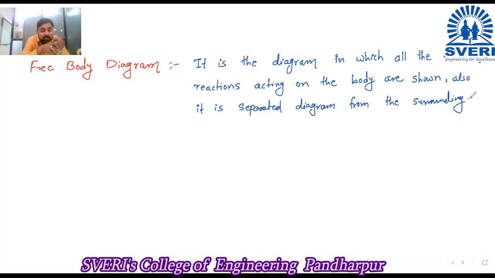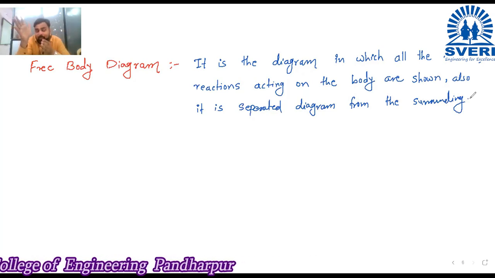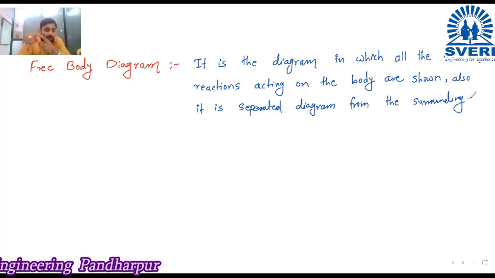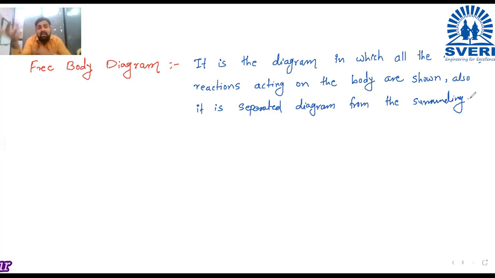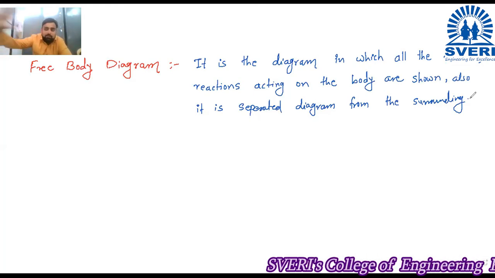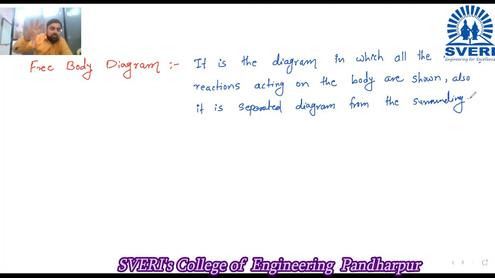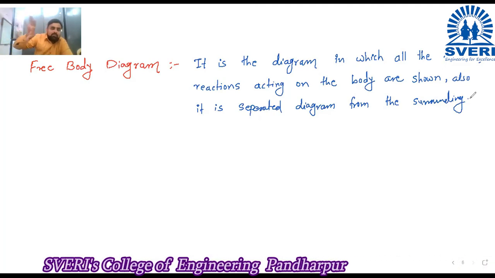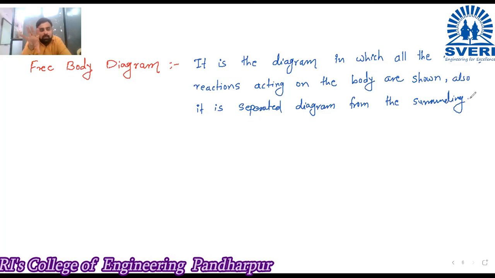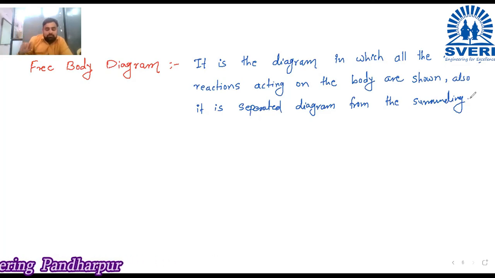So sometimes while resolving the force, in the last unit, if all the components are coming at a single point, I draw a separate diagram, and I will try to show you separately how the components will be there, how they are going to act. So that diagram is nothing but free body diagram. I am taking a part and I am showing its free body diagram. It's a diagram only of that part. How many forces are acting over there? What is the reaction acting over there? And just only about that part. So that is called the free body diagram. Okay.